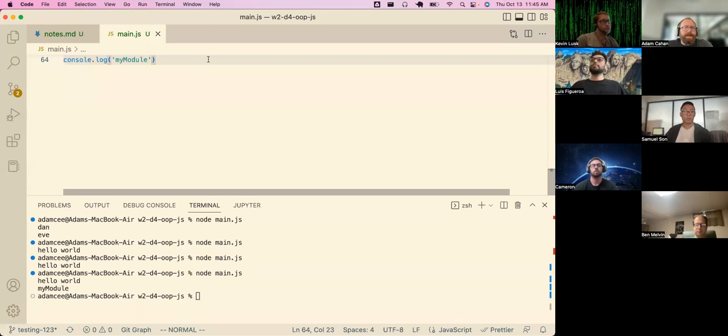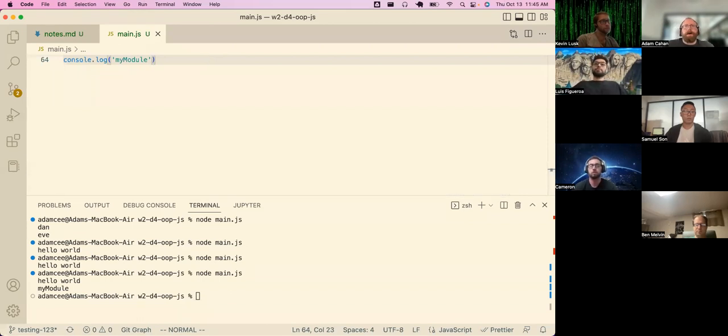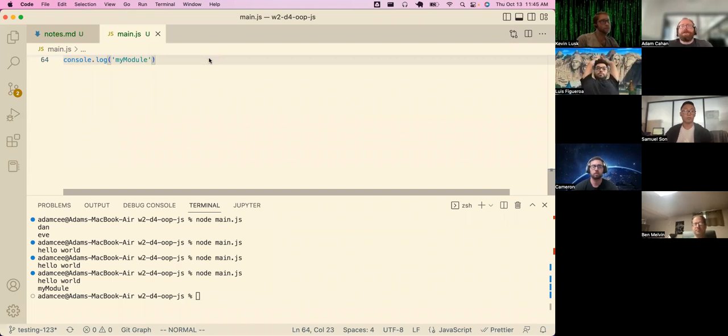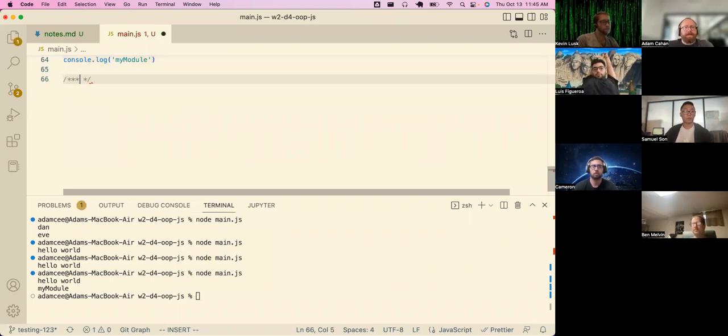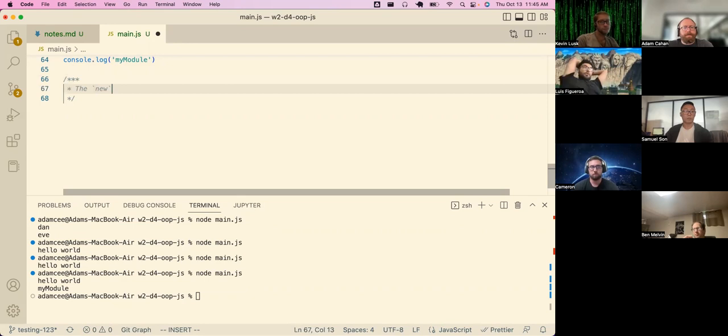Jumping back and continuing on with our journey into JavaScript's version of classes. JavaScript does have a new keyword. You will see the new keyword in many languages. I don't believe Python has one,